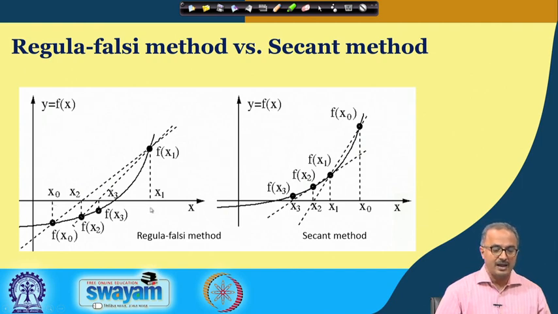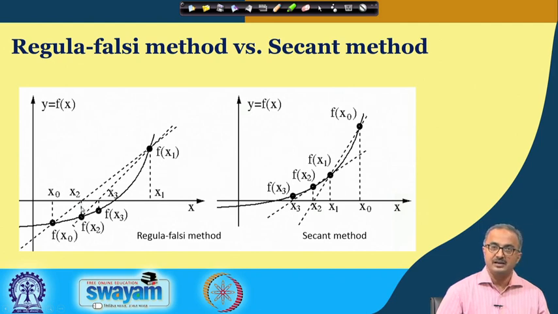Suppose x0 and x1 are the two initial values, and we can see that at x1 fx1 is here and x0 fx0 is here. So, when we take the product of these two, we find this is coming to negative. That shows that the root is bracketed between x0 and x1, and you can see here also the root is somewhere here. Then after application of the formula, we get the value of x2.